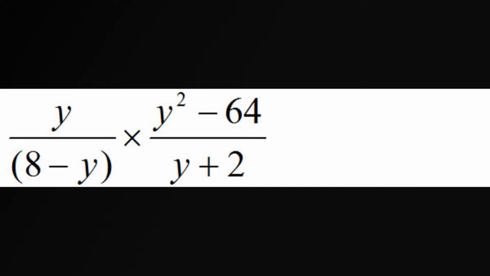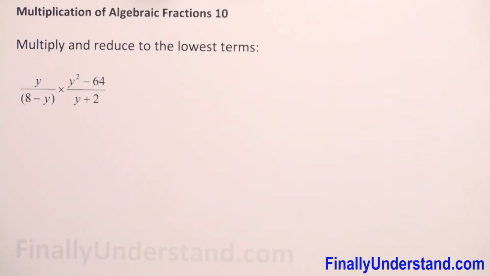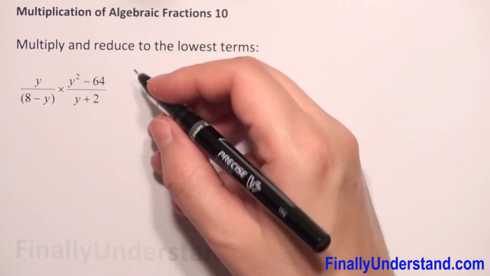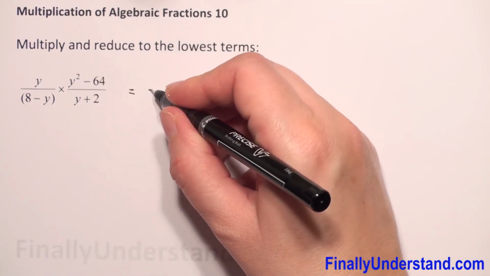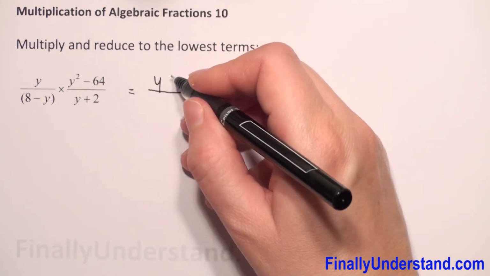We have to multiply algebraic fractions. So we know that for multiplication of algebraic fractions, we do the same as multiplication of fractions. So we have to multiply numerator times numerator, denominator times denominator. So this is equal. We will have one fraction bar, and in the numerator will be y times